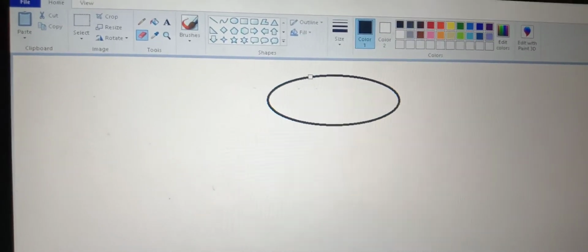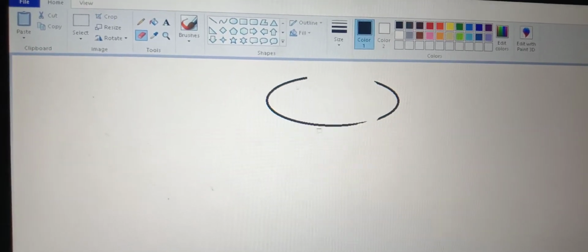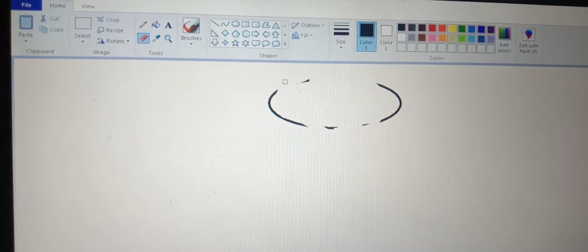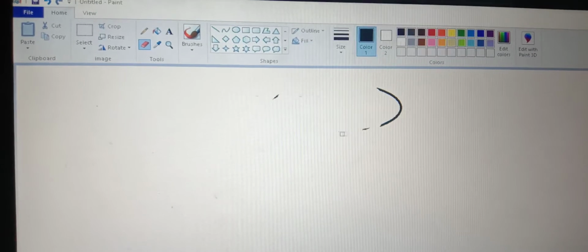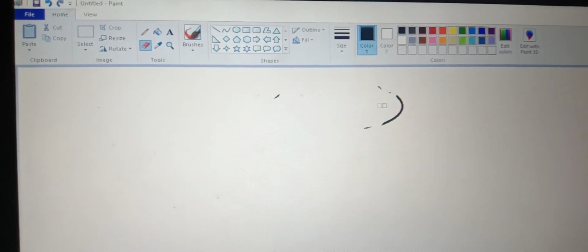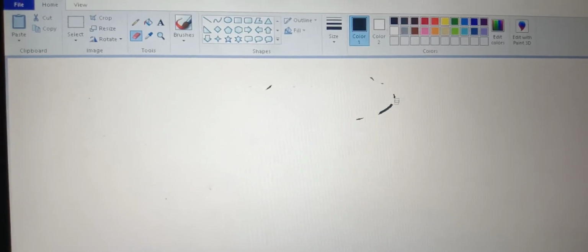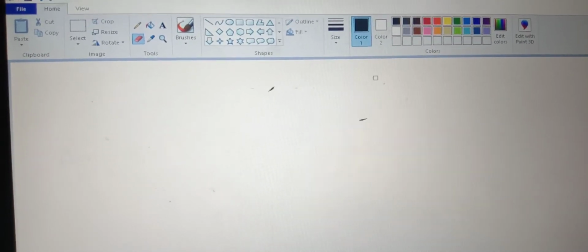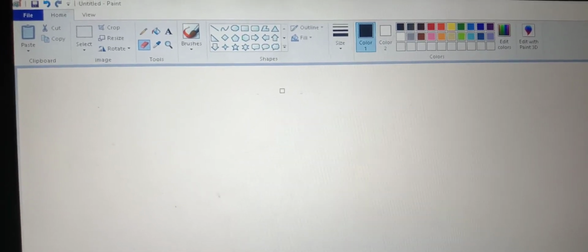Hold your left mouse button and drag your mouse pointer. These are the steps to erase your drawing, children. You can decrease or increase the size of your eraser.